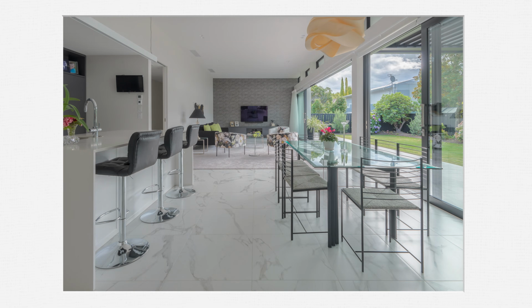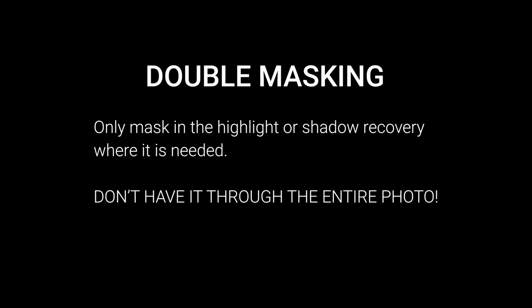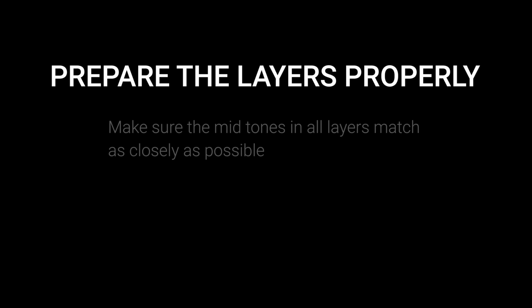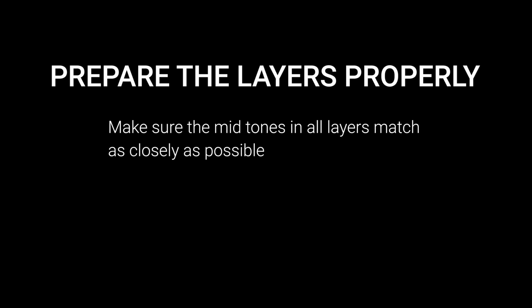So from this to this, and the two things that you need to remember to make sure you get a successful exposure blend with your architectural photography is double masking, so you only mask that recovery effect of the shadows or the highlights only where you want it in the image, not through the whole thing. And the second thing is to set the layers up properly so that the midtones of the highlight recovery or shadow recovery layer don't interfere with the midtones of the base layer. And you do that by making sure that they either match or are slightly brighter than the midtones in the